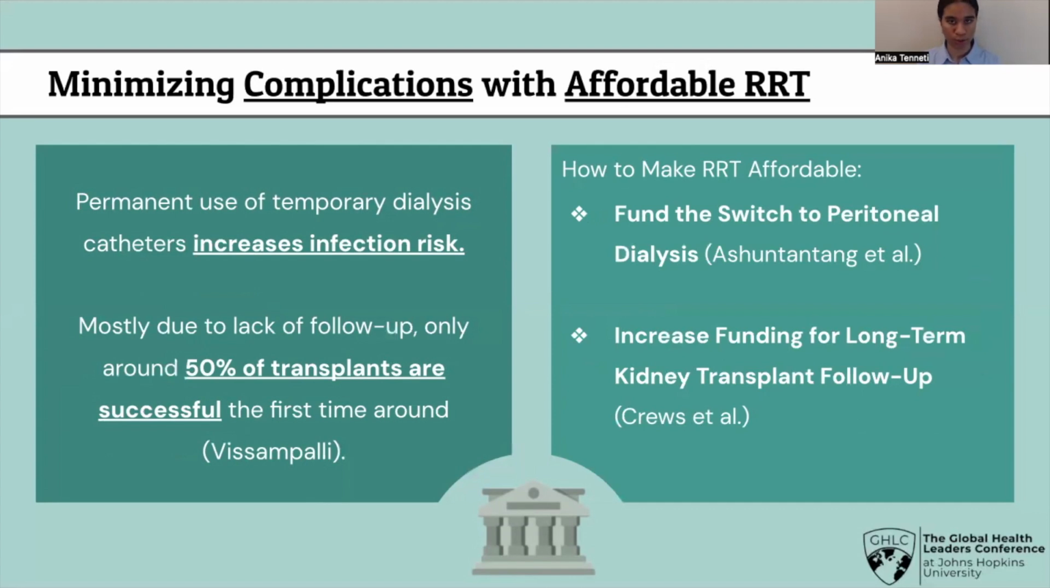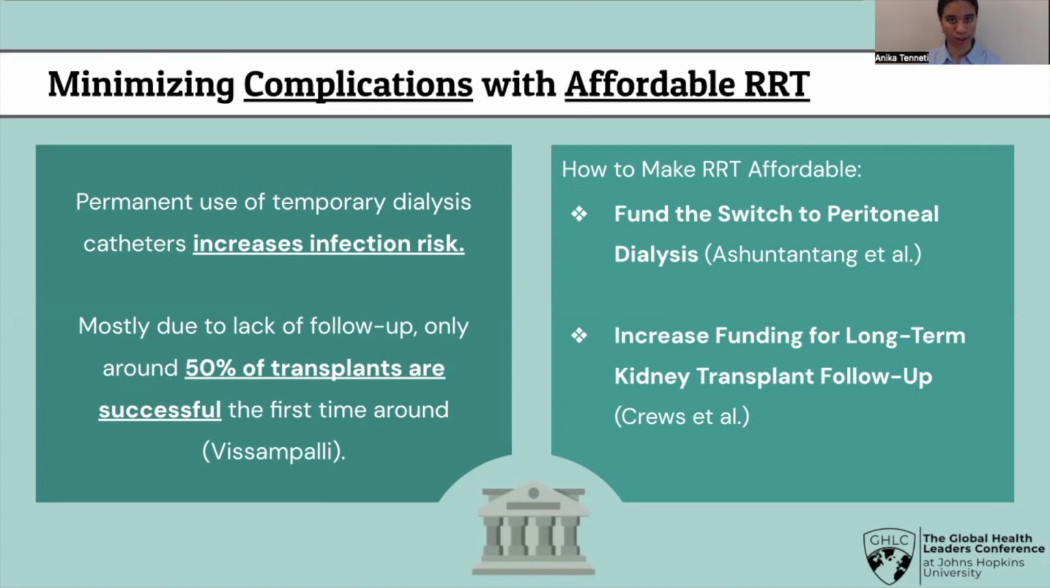This is due to complications. First, for ways that dialysis machines access blood. When patients can't afford specialized surgeries for vascular access, they permanently use otherwise temporary catheters. This increases infection risk. To minimize this complication, governments should fund the switch to peritoneal dialysis, a new, more affordable